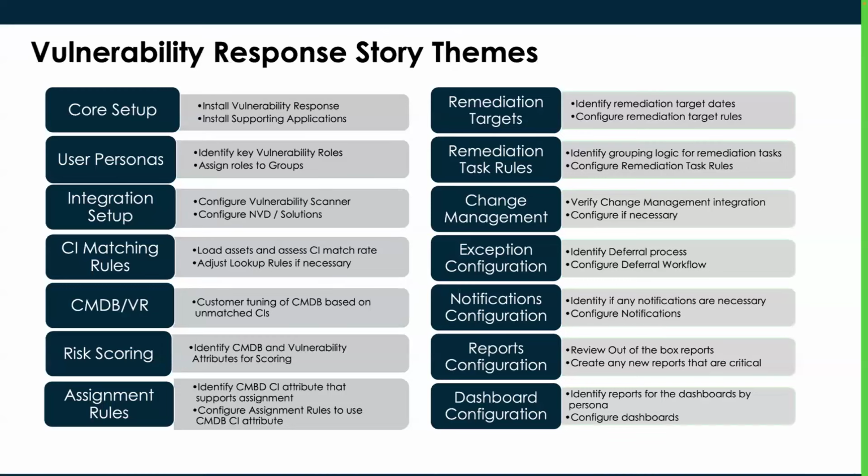So, sounds great. Let's get our maturity story in play, which brings us to where to start. So we do provide story themes to give you guidance and understanding of what we are going to have to focus on as we get started. So when you go out to some of the resources that we'll be sharing at the end, we are giving you the detailed steps of, okay, core setups. I mean, this is obvious. You're installing vulnerability response, any supporting applications that you want, whether it's patch orchestration or